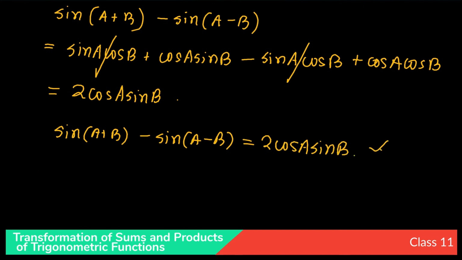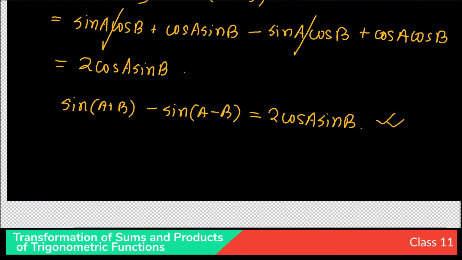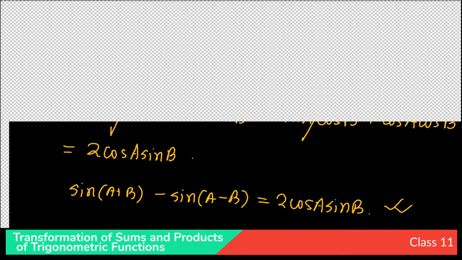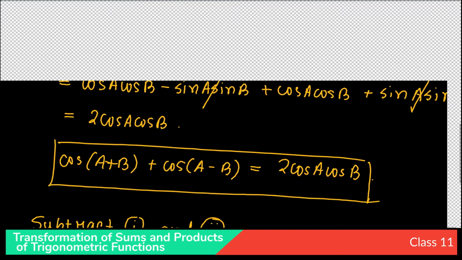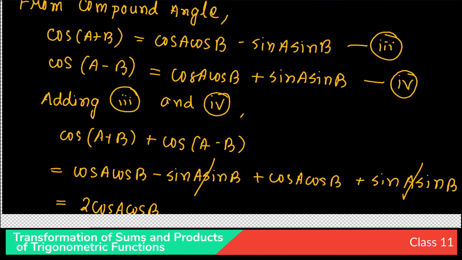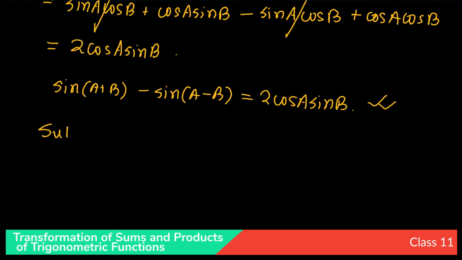Okay, so we have got another. Now again from 3 and 4, that means cos of A plus B and cos of A minus B, we add these two, that means adding 3 and 4, we have got 2 cos A cos B. Now in the same way, if we subtract these two, then what will we get? Let's see. So subtracting 3 and 4,